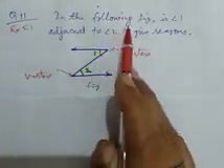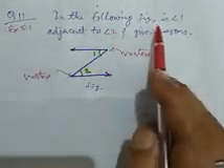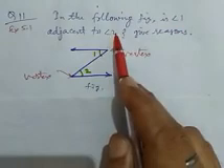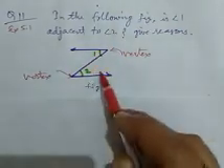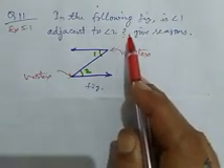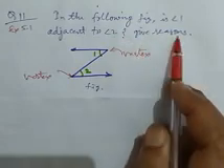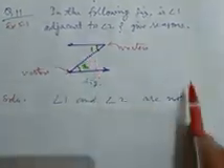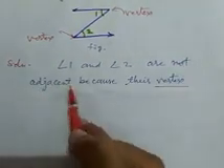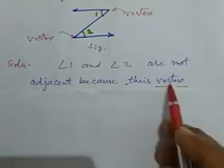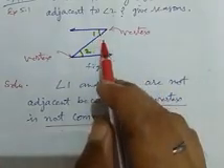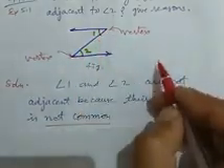And what we have to find? First we have to check in the figure whether angle 1 is adjacent to angle 2. This is angle 1, this is angle 2. We have to mention whether it is adjacent or not, and we have to give the reason. Here is the solution. Angle 1 and angle 2 are not adjacent angles because their vertex is not common. Always remember, adjacent angles have a common vertex, like this.